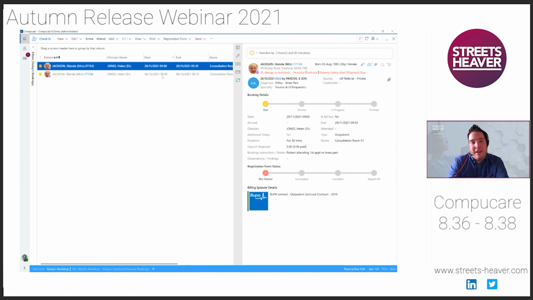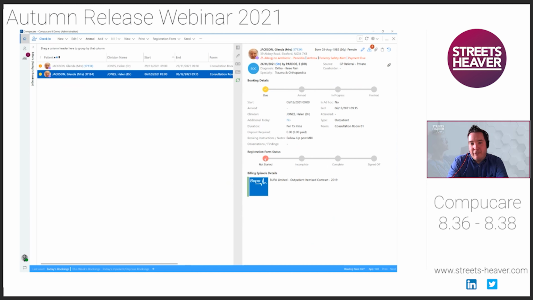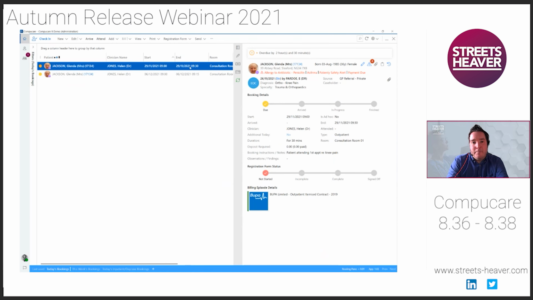And I've also got her coming in next week. And so currently on the reading pane, when I highlight either of these appointments, it's currently telling me that the registration form status, either the paper-based process or the tablet-based process, has not yet been started. So if I was to go on to Glenda's